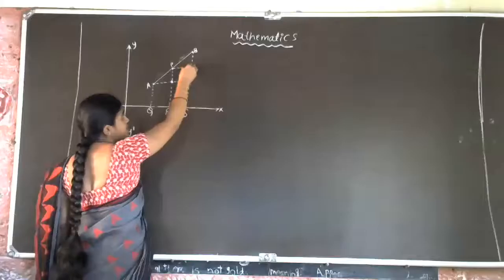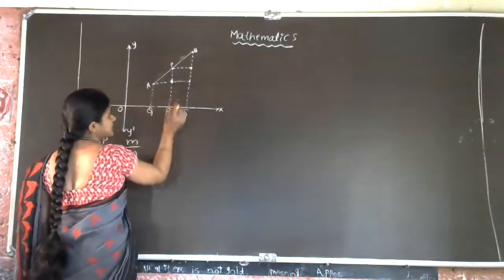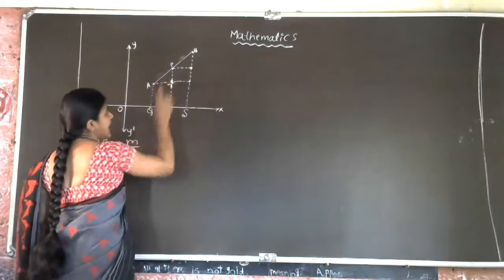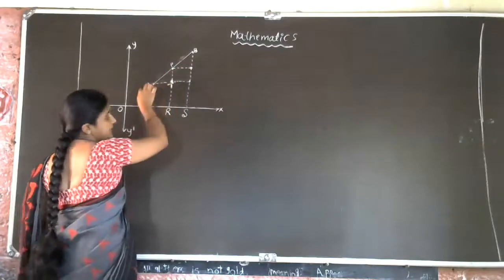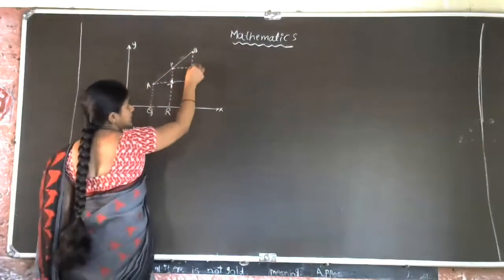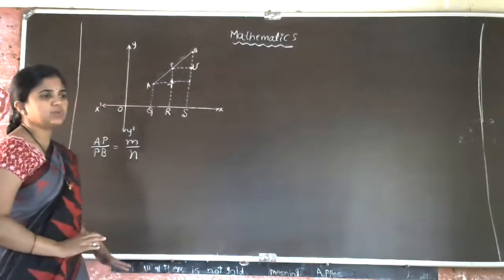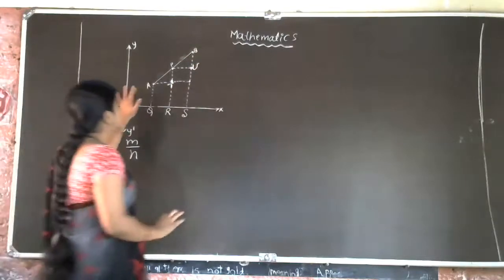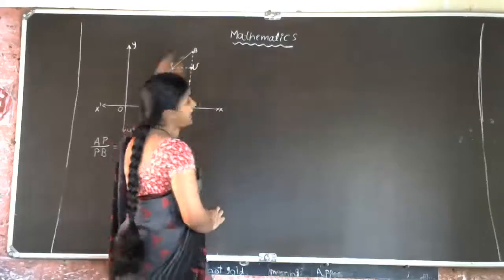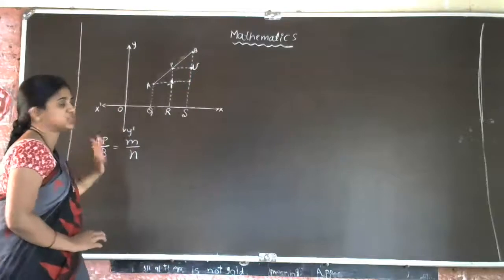Okay, are you observing this one? Now, which point is necessary? Let us take this name as T. Let us mark this as T because APT is one triangle. Now BP, okay, you can give any letters. So APT is one triangle, PUB is one triangle. Clear now? So this is about the construction part.